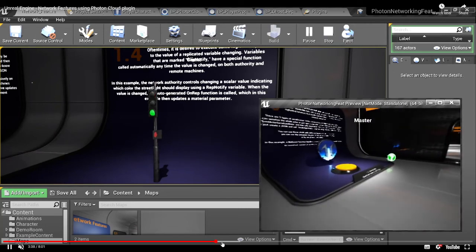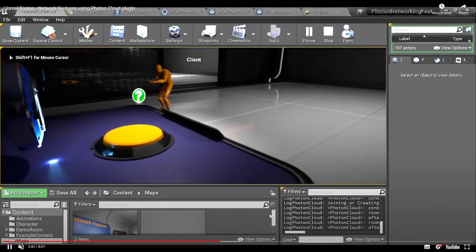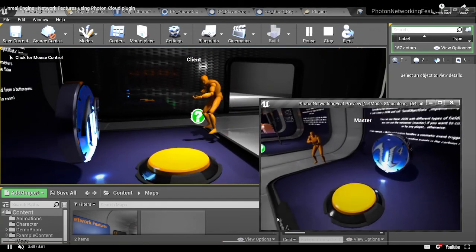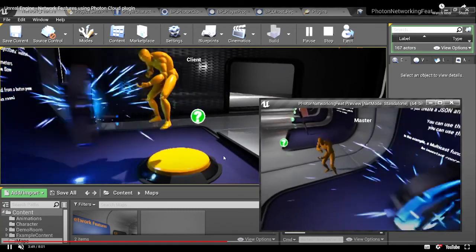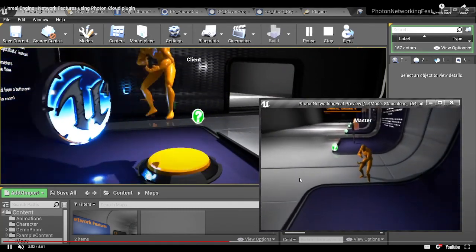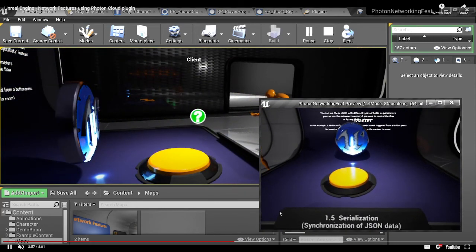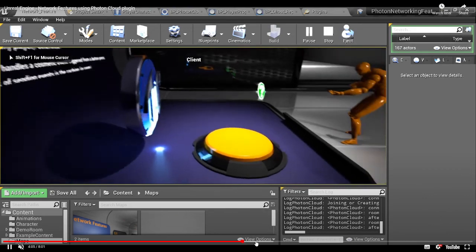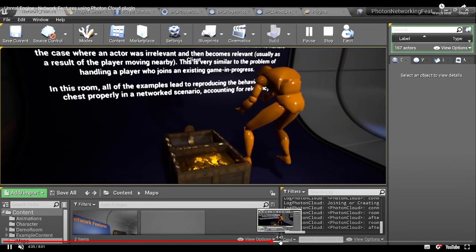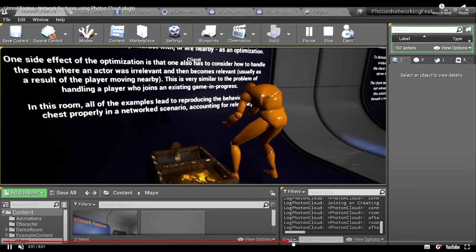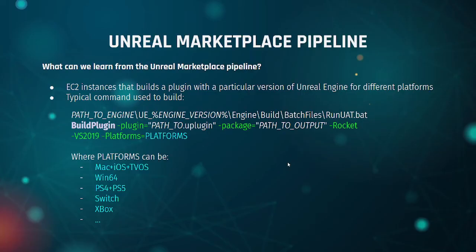There are different cases. For example, this is a simple interaction that is sent over the network. You can see that I'm triggering the button sometimes, and I'm receiving the message through the Photon Cloud. And then there are things that are more complicated in this example, like this part that is the, oh, sorry,